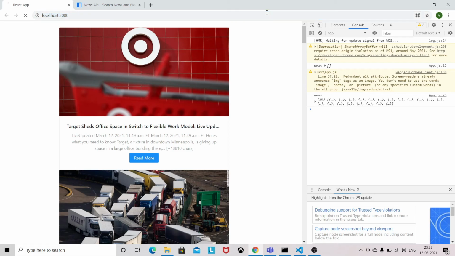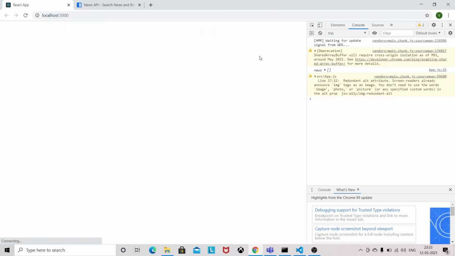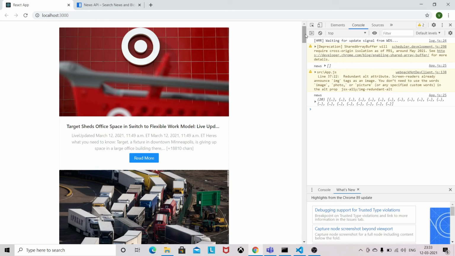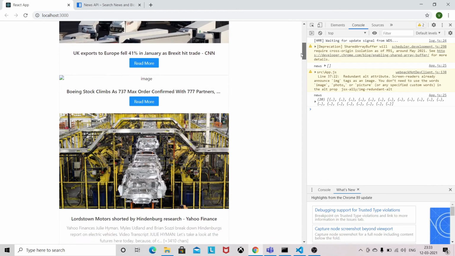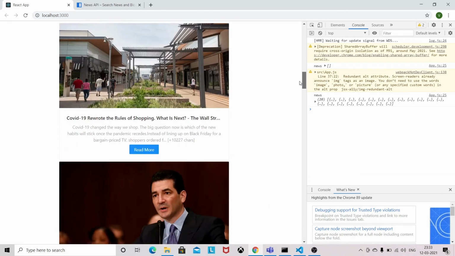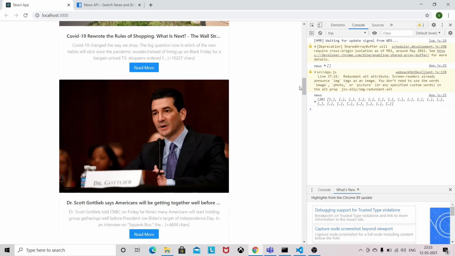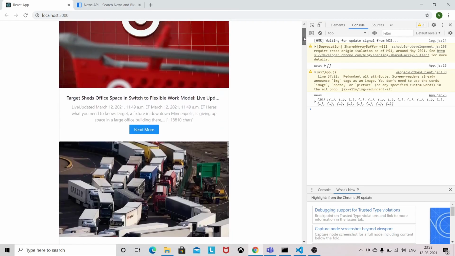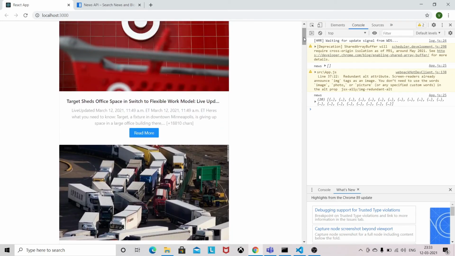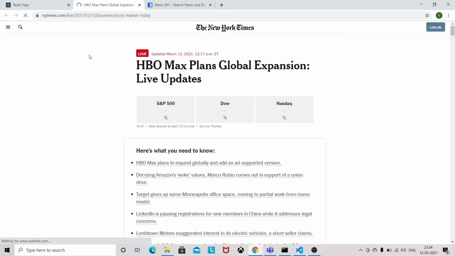After a few minutes you will see a different image. At the time of recording we are seeing all these messages. Maybe once you implement this app, you will see different messages, and if you click on read more, it will take you to their original link.